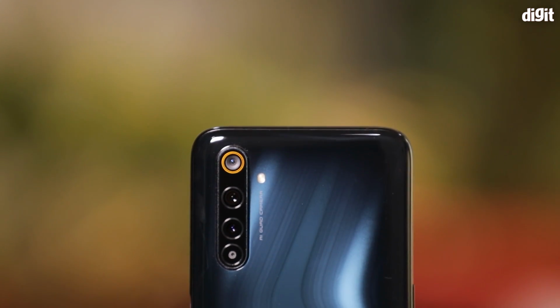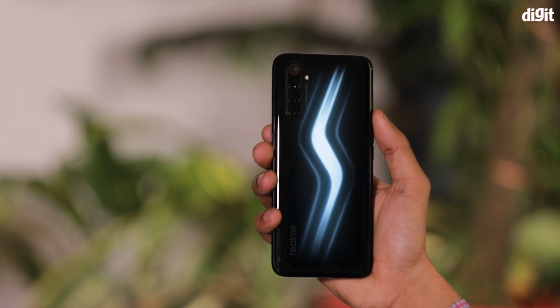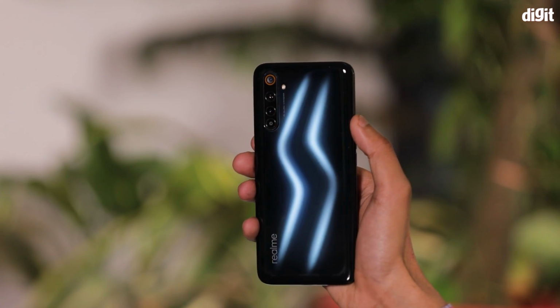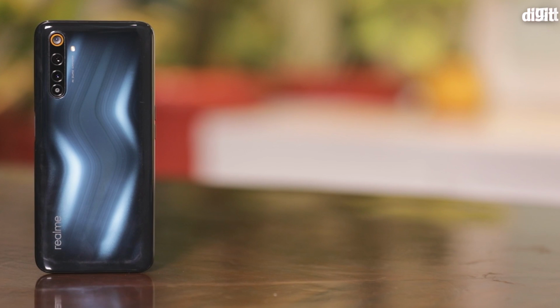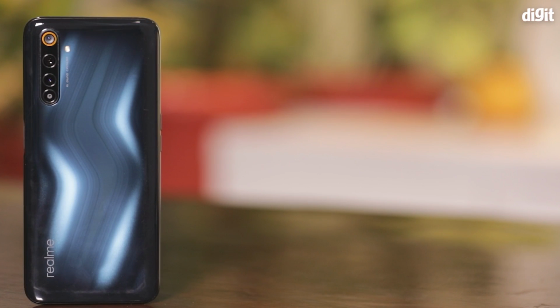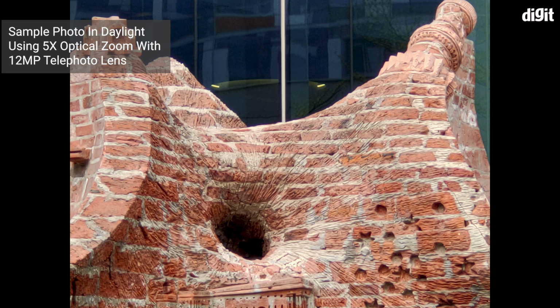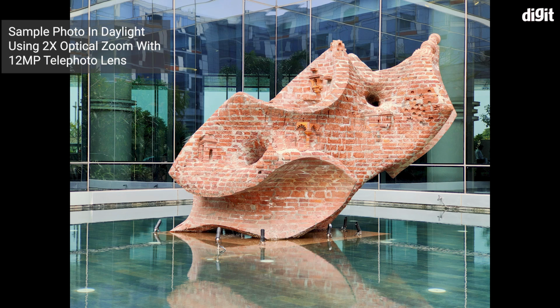It started off when dual camera started off, with one primary and one telephoto, and then that quickly moved on to the depth sensors, then came the ultra wide, and now telephoto is making a comeback in this quad camera setup. The telephoto on the Realme 6 Pro offers 2x in optical zoom, 5x, 10x and up to 20x in hybrid and digital zoom. Needless to say, you get the best results in the optical zoom at up to 2x,